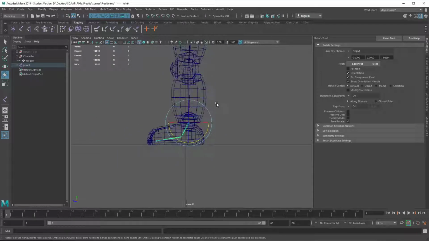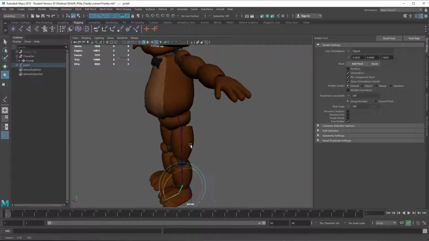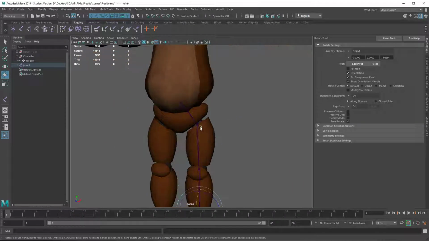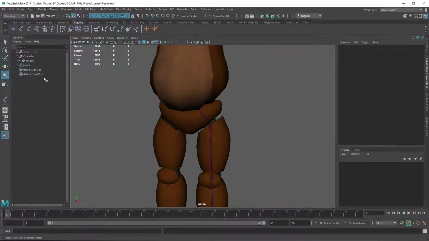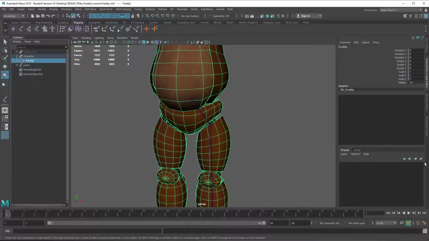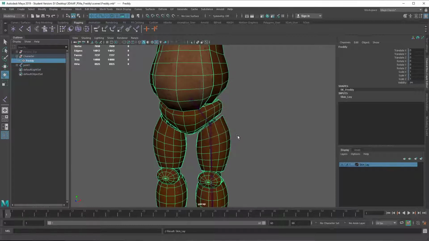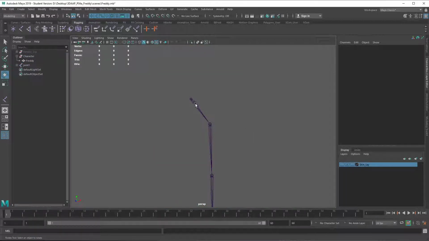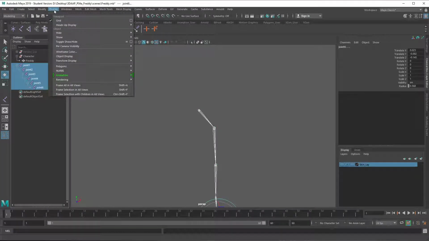Okay, so now that I have that, one thing that is going to happen here is that these axes are not going to be in the place that they need to be. So what I mean with that is, if I select my Freddy, and I don't know if I have already a layer for this, no I don't, so I'm gonna select the mesh, I'm gonna make a new layer, and this layer is going to be my skin layer. I'm gonna hide that. Once I have that hidden, I can select or expand this whole chain, select all of them, and go to my display